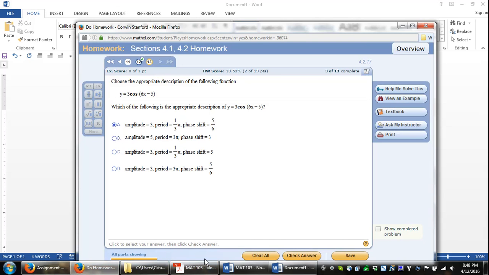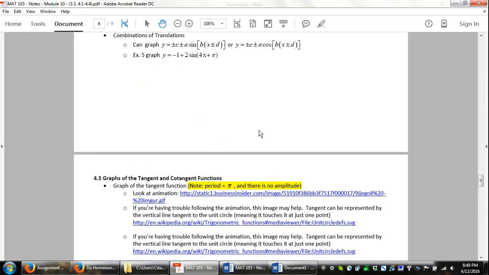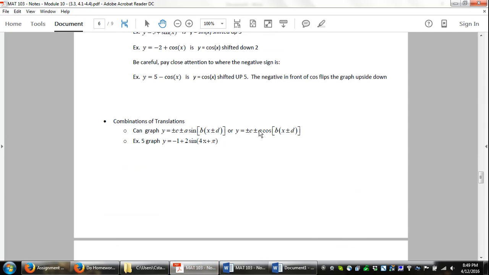So that is it for 4.1 and 4.2. I'll close this out and